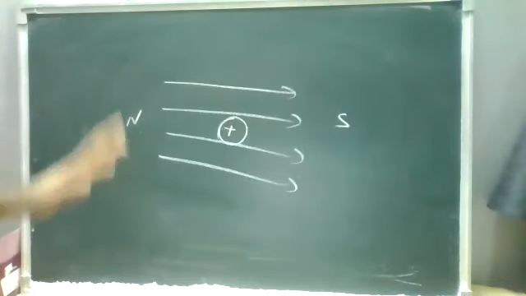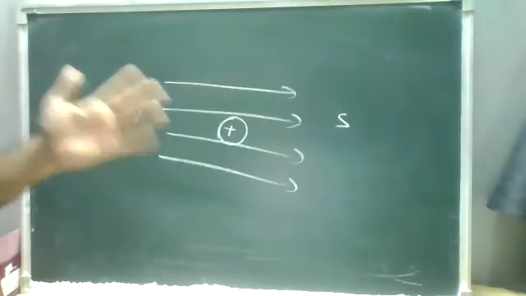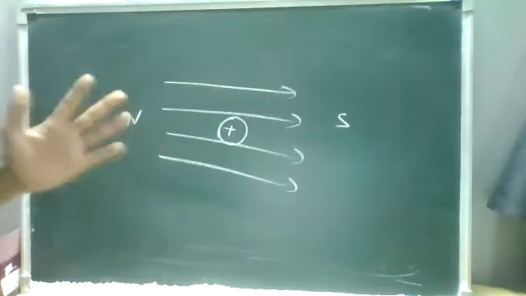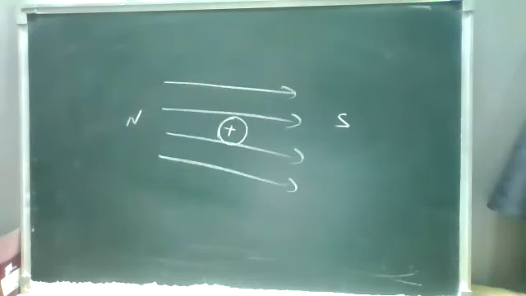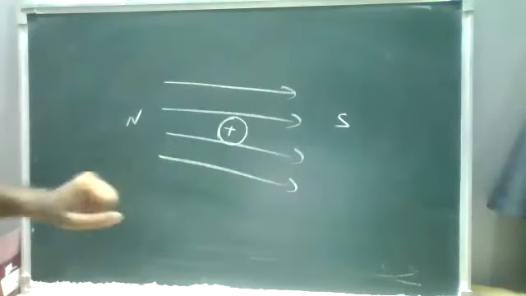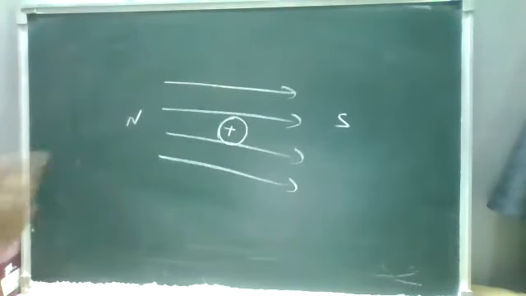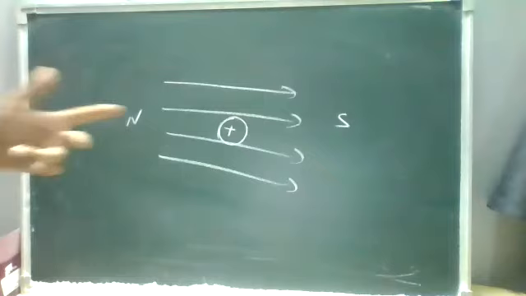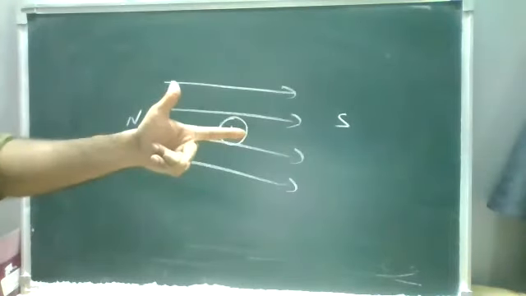For a charge at rest, I told you to discuss Fleming's left hand rule. Where we discuss motion, we'll discuss Fleming's right hand rule. So here the charge is at rest. We are placing it inside the uniform magnetic field. Remember now, from Fleming's left hand rule, if you see that, so here.